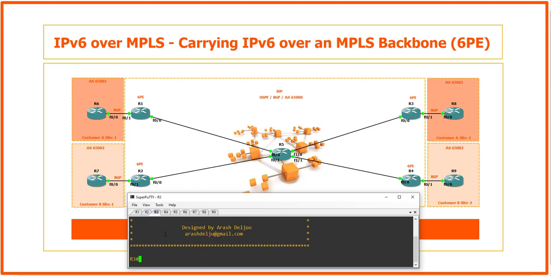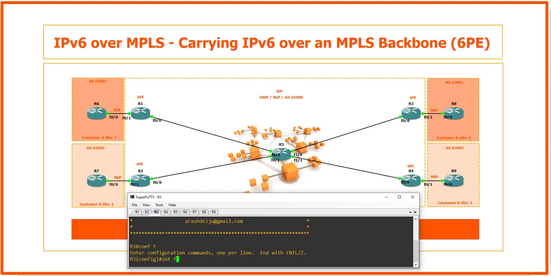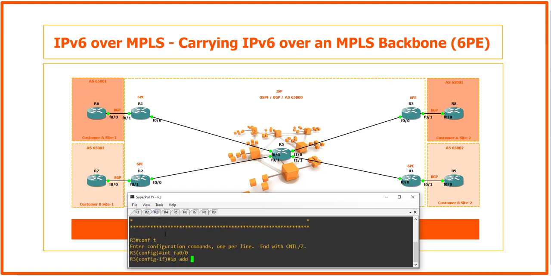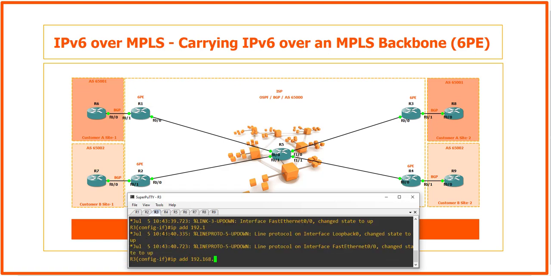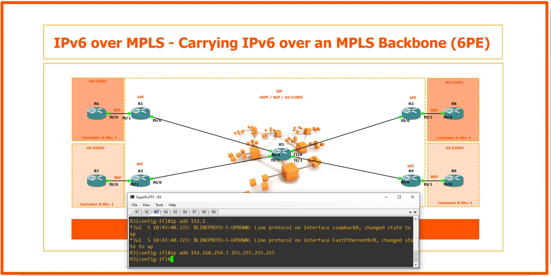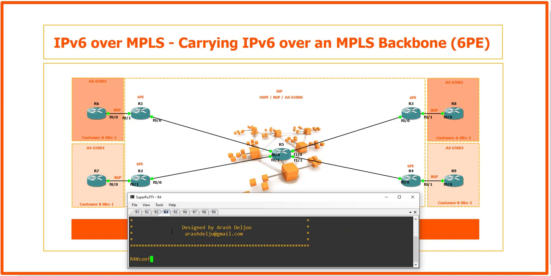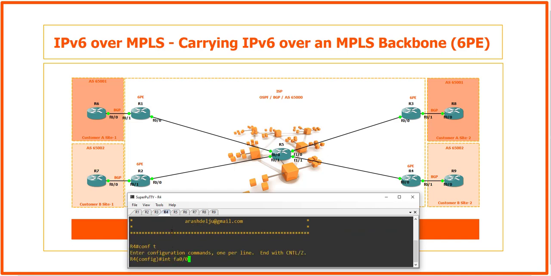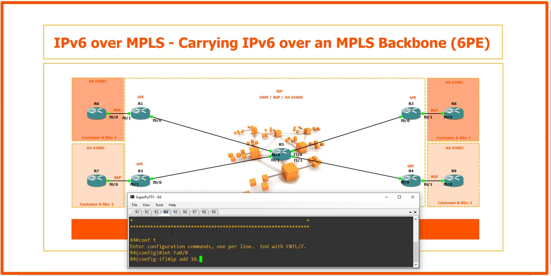Then we need to configure router 3. This is router 3's configuration: conf t, interface FastEthernet 0/0. The IP address is 10.3.53.3, 255.255.255.0, and then no shutdown. After that, interface loopback 0, IP address 192.168.254.3, mask 255.255.255.255. And after that, we can configure router 4: conf t, interface FastEthernet 0/0. The IP address is 10.4.54.4